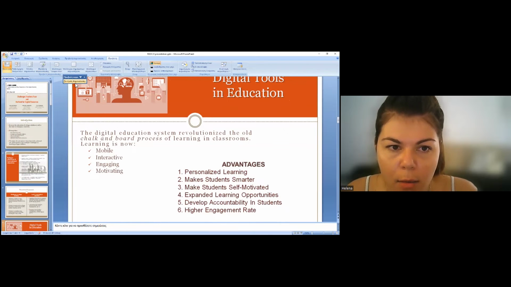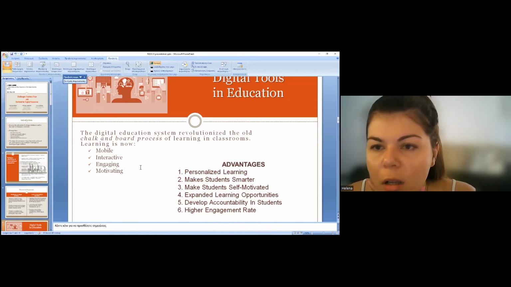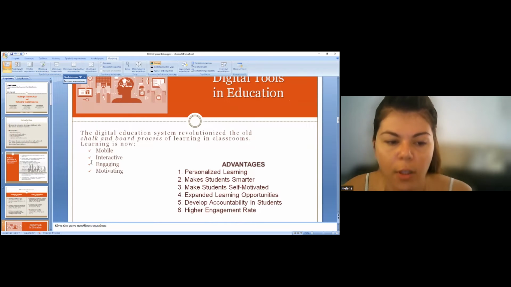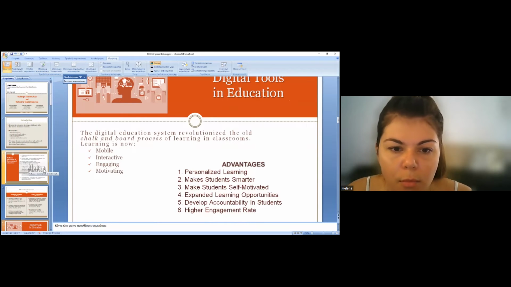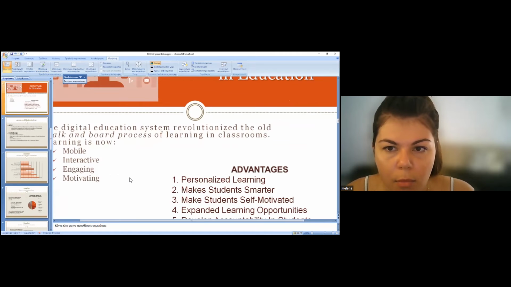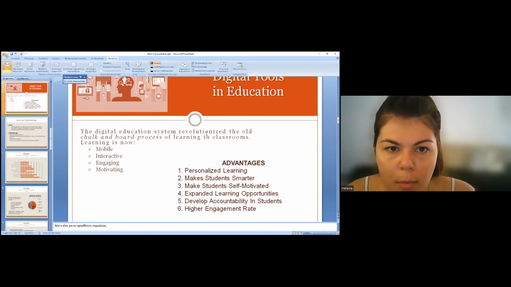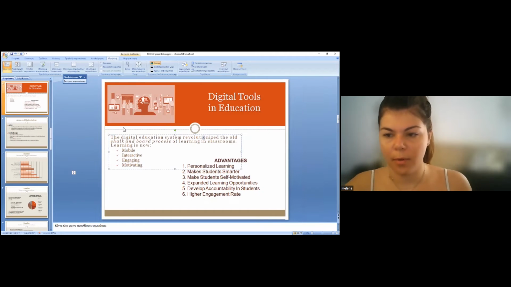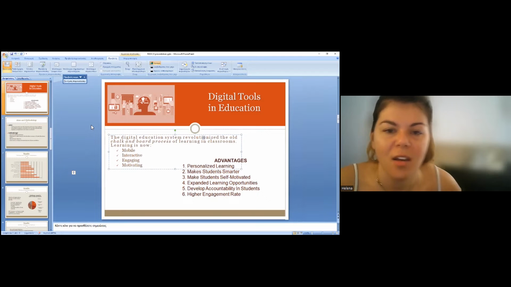Okay. Can you see the slide with digital tools in education? Yes. Okay, thank you. Maybe you can zoom a little bit out so that we see it all. And no, the other direction. Yeah, like make it smaller. Okay, here we go. Not too much. Yeah, thank you. Okay, thank you.